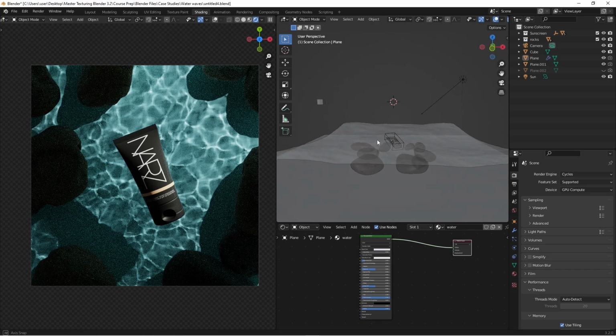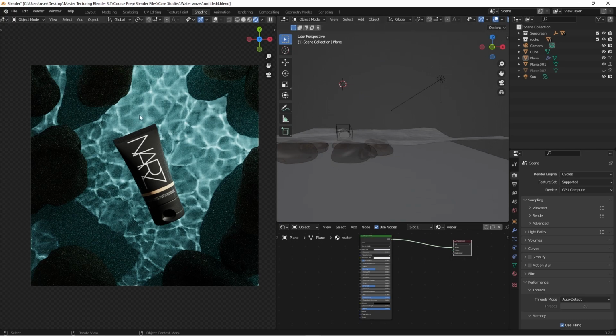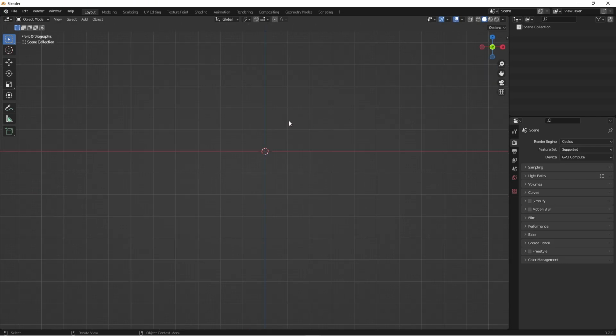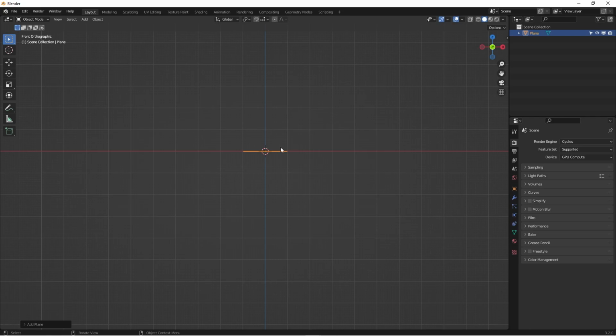Apparently you can create some fake water inside Blender that looks photorealistic. So without further ado, let's get started. This is a brand new file. So what we need to do here, first, Shift A to add a plane, and then we are on the